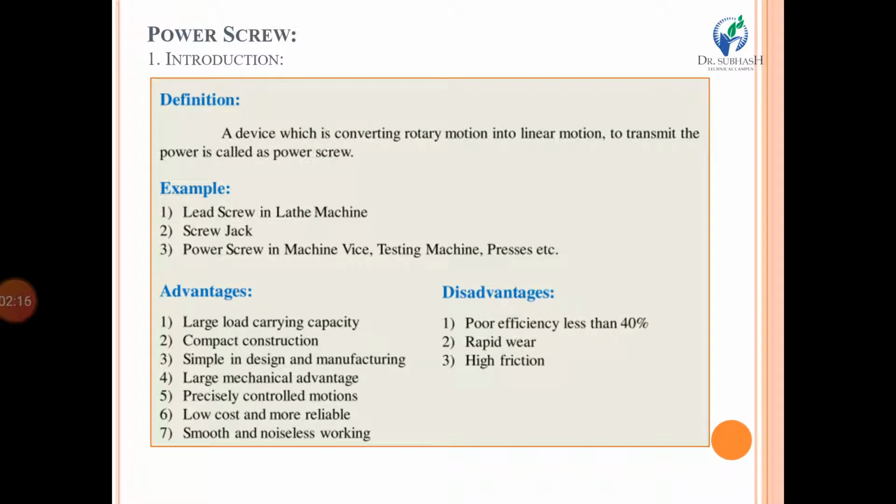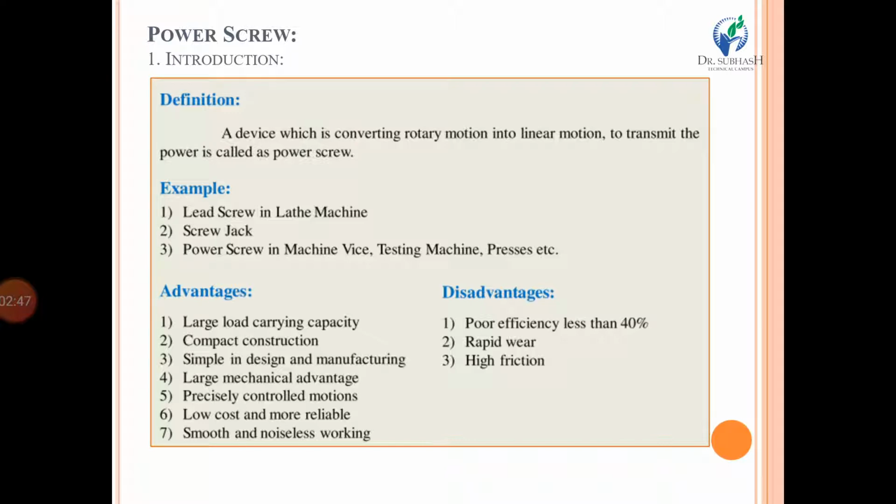Second example, which you have also seen numerous times, is in an automobile garage, where automobile mechanics frequently use a screw jack. The basic purpose of a screw jack is to lift up vehicles or four wheelers. You might see that in a screw jack, there is one handle which is rotated by the automobile mechanic, and the threaded portion of a shaft moves up. So it is nothing but a power screw.